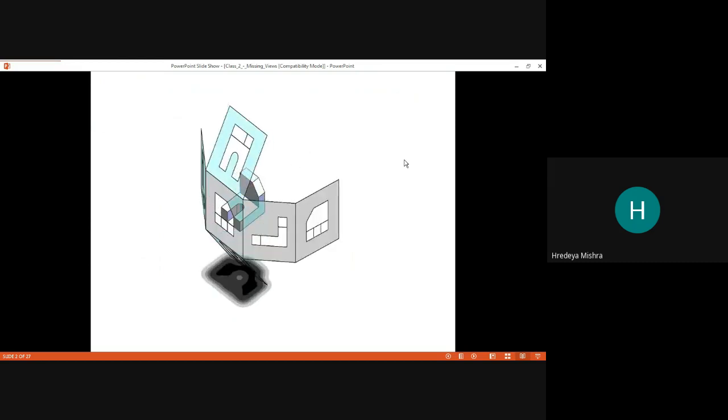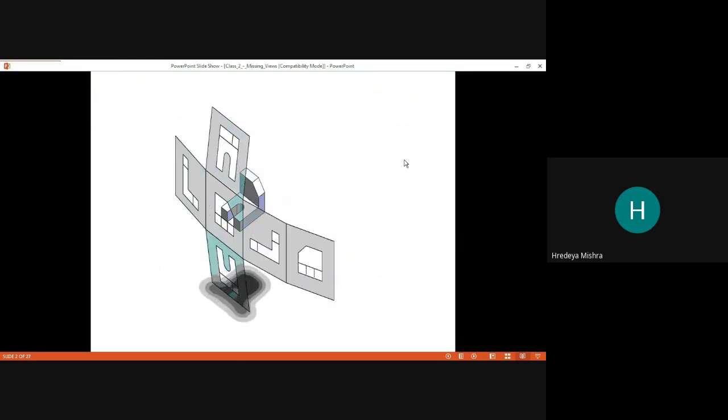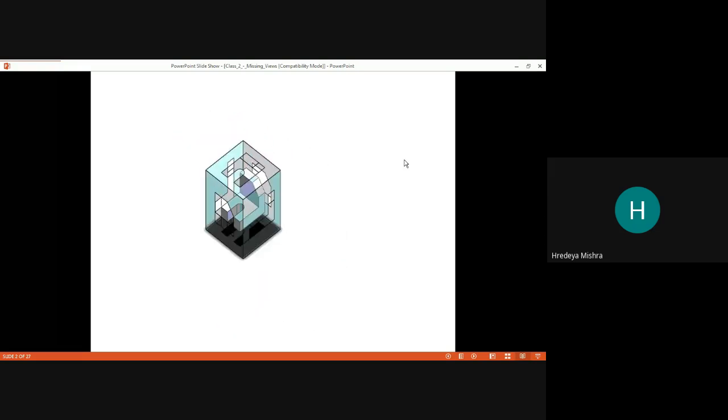So you can see here all the six views are there, but in most orthographic projections we draw only three views. So from these three views, maybe one view is missing, and we have to draw that missing view.